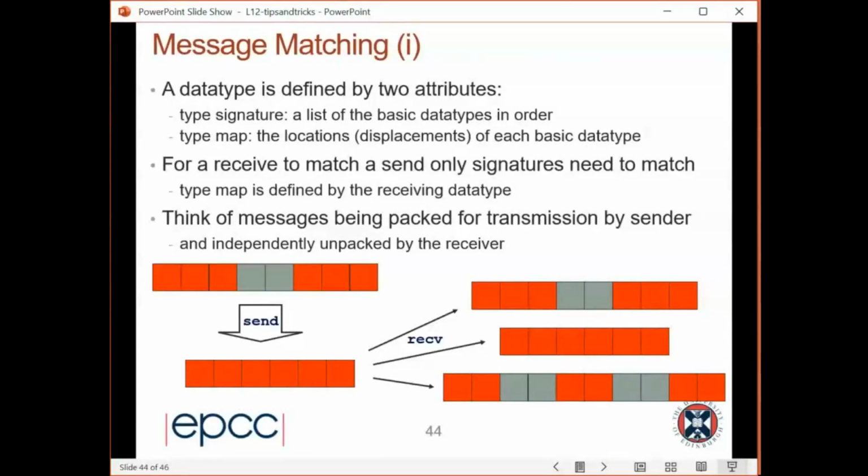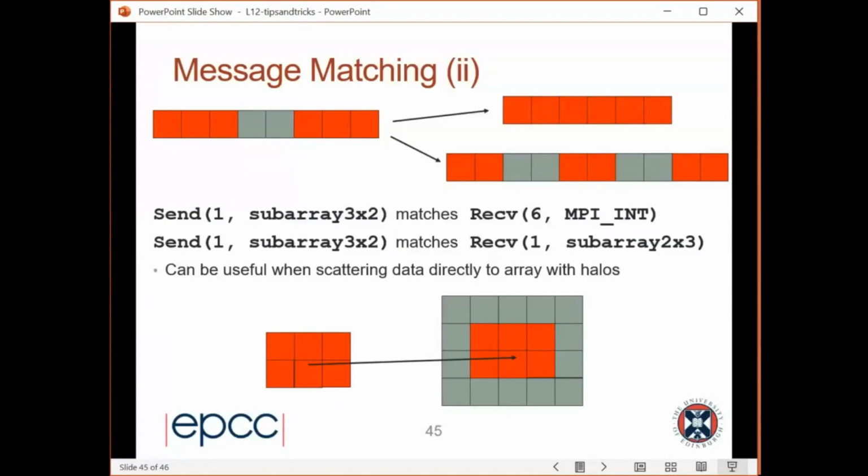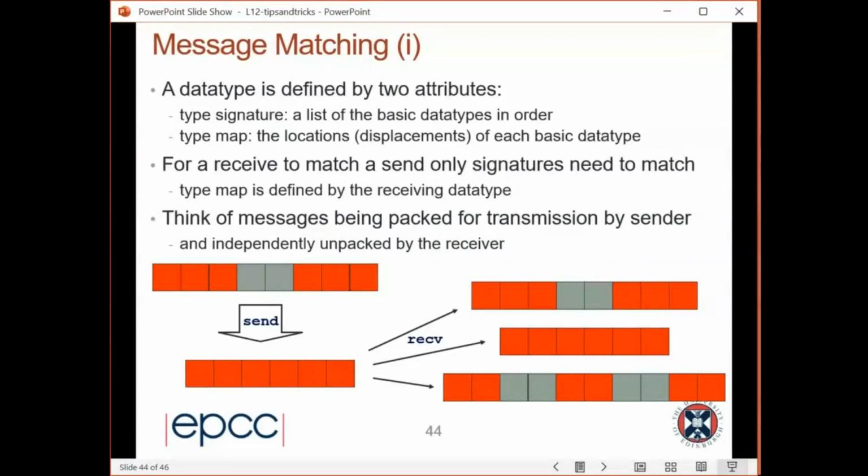A final one here: in MPI, message matching is quite subtle. Imagine I'm sending an MPI vector, which might be a set of three. Remember, a vector can be a non-contiguous block of memory. It has blocks and gaps in it. So if I send an MPI vector, which is, for example, a block of 3, a gap, and a block of 3,